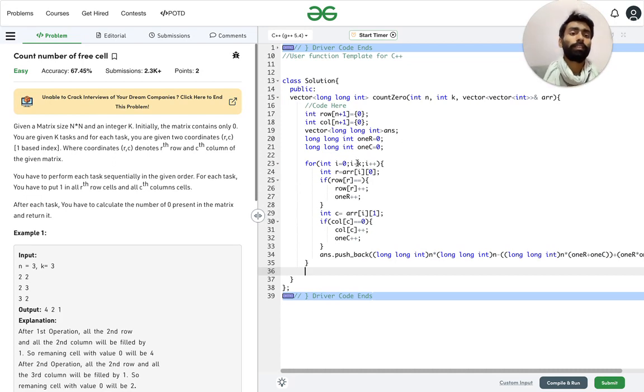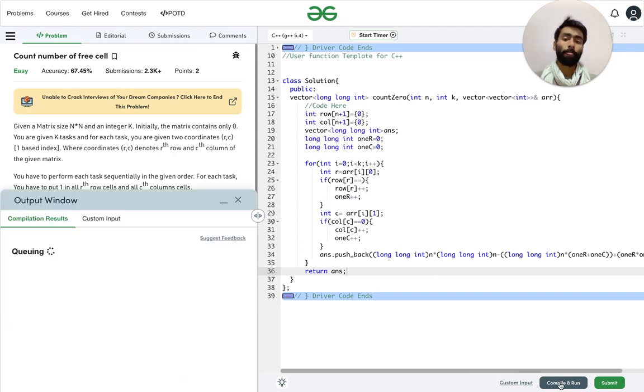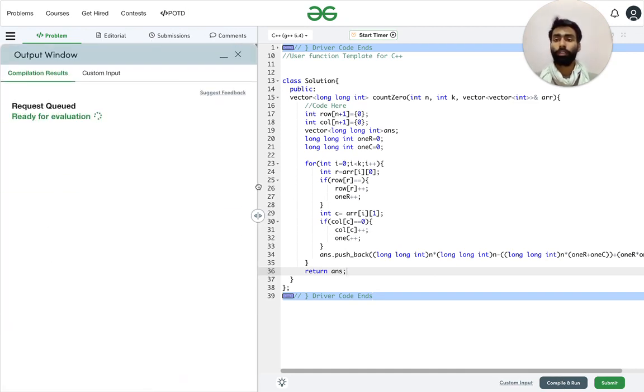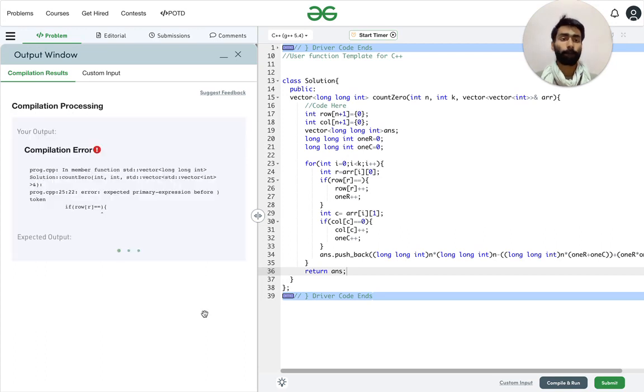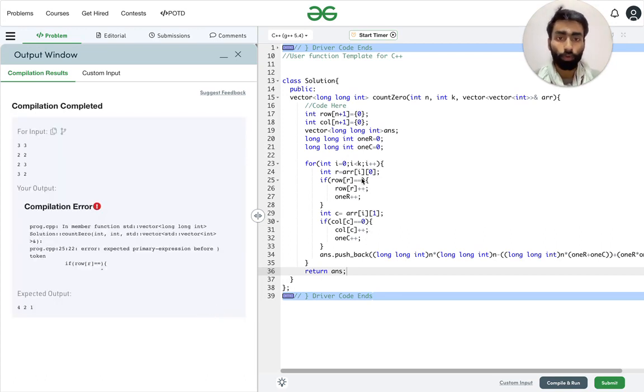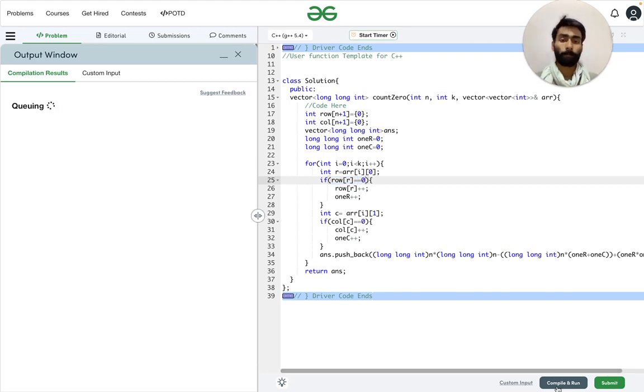After a total of k operations, that is from 0 to k minus 1, the operations will be done. After this there will be no operation left to perform, so we need to return answer. Let's compile. All code is done here, so let us see if this works. Oops, I forgot to compare it with 0. I just add the logical sign. So, yeah, compilation is successful, so let's submit.